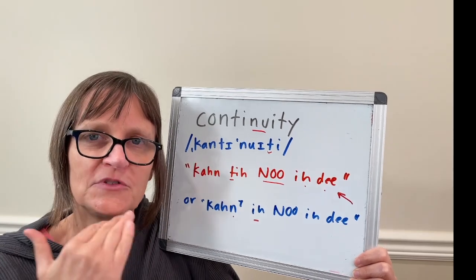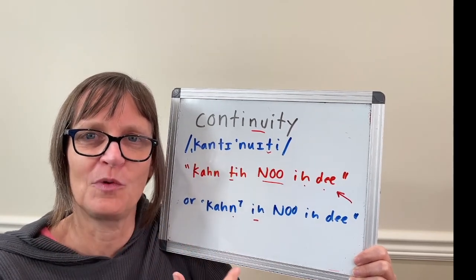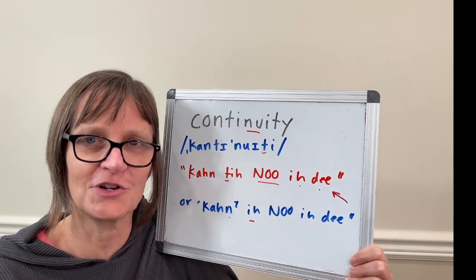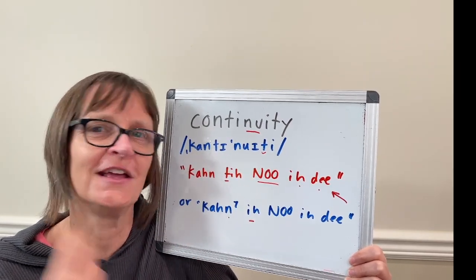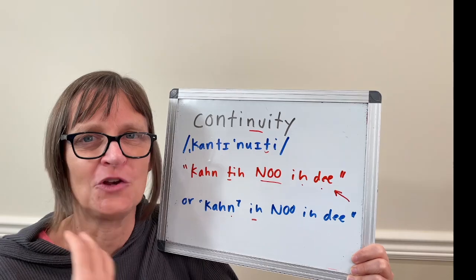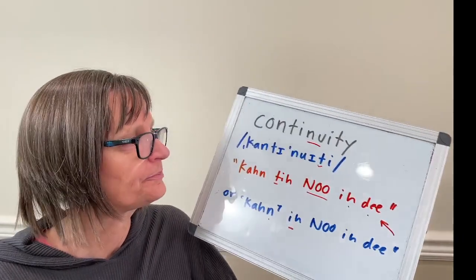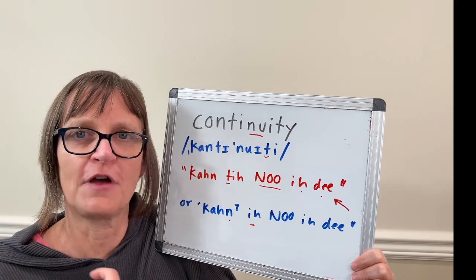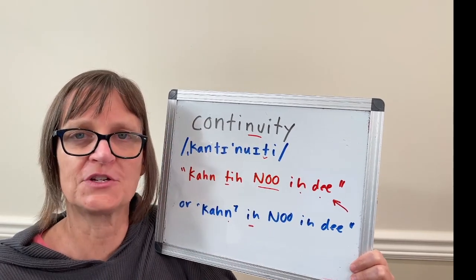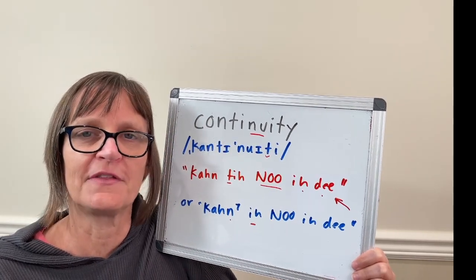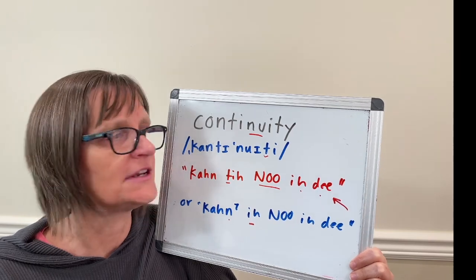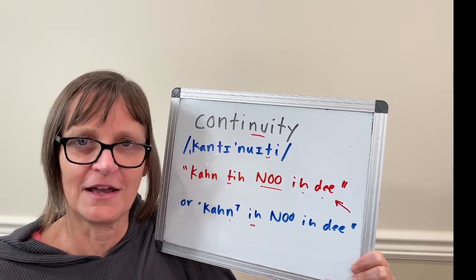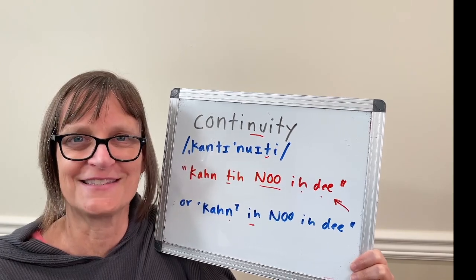So you really want to slowly build your new motor pattern with your correct pronunciation by doing the word, phrases, trying to start using it in sentences and conversation so that eventually you switch over and you always say it the new and correct way. So let's try a few phrases. We want to have continuity of care for our patients. It's very important that there's good continuity for the students here. To try to have continuity throughout my day, I maintain my routines.